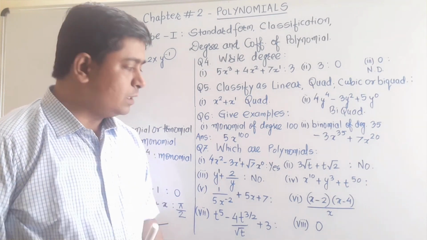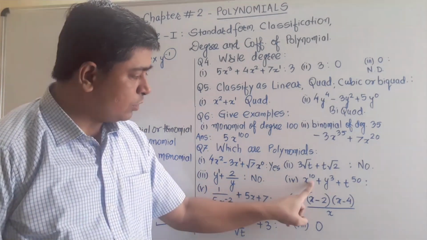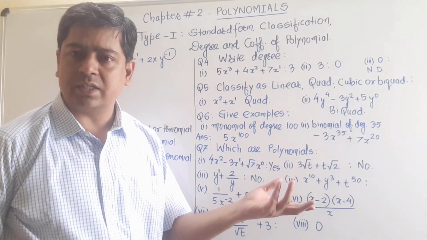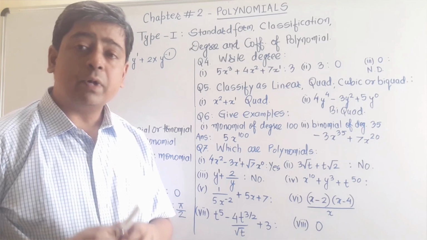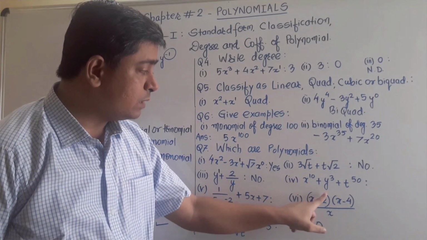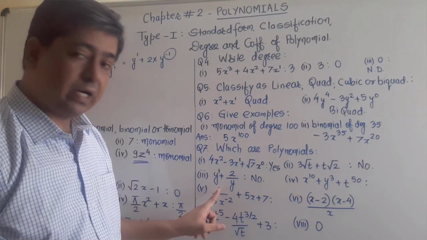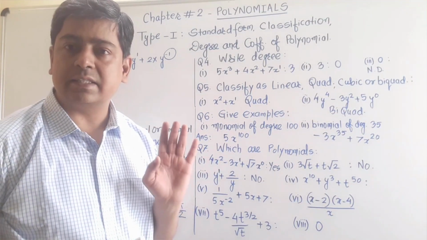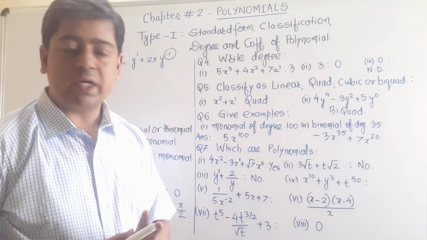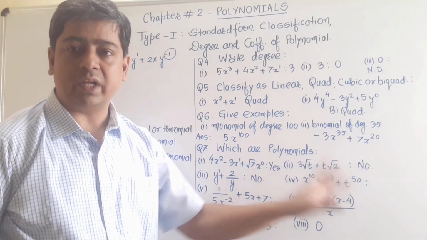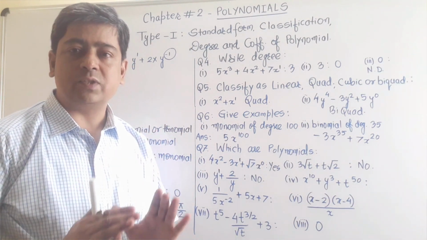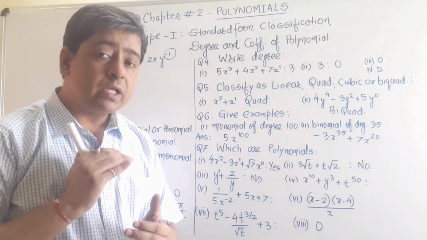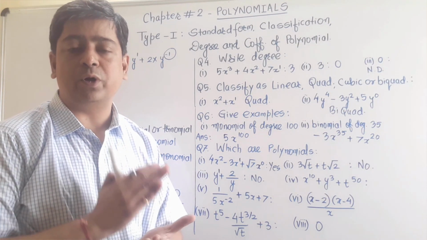In part number 4, one thing you observe, the power of all the 3 variables is a whole number. 3, 10, 50, all are positive integers, so they are whole numbers. But one thing you note here, 3 different variables are given. As you can see, in the third part only y is given, in the second part only t is given, in the first part only x is given. So they contain only one variable. But here you observe it contains 3 different variables. Actually, for a polynomial you only have to judge whether the power of the variable is a whole number or not. But according to our syllabus, we are studying polynomial in one variable.